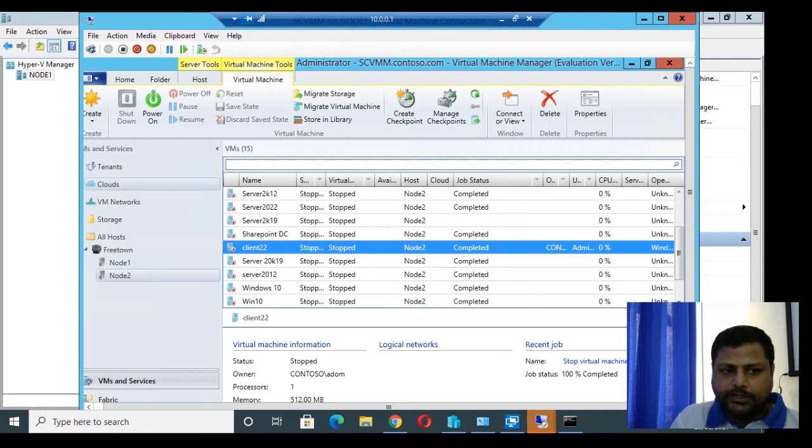You can see that in the cloud structure we have the cluster residing in node 1 and node 2. In the Freetown cluster we have node 1 and node 2, where we have deployed the virtual computer, that is client 22, from node 1 to node 2. That is the migration we have done.